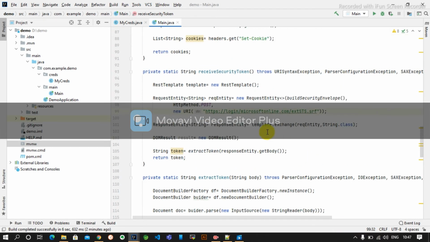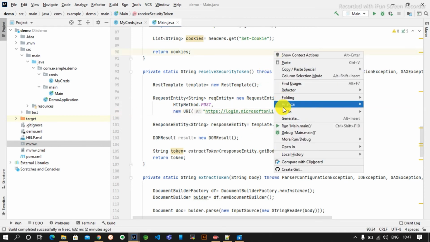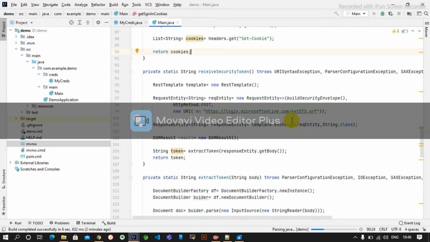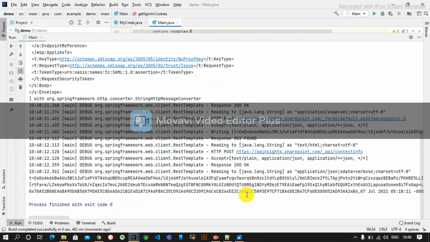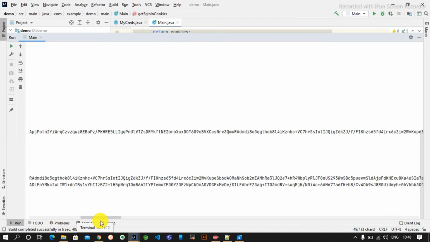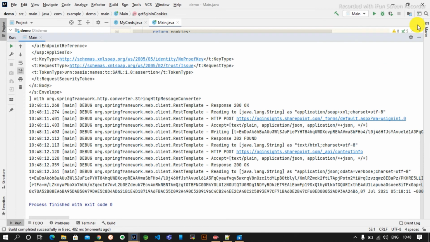So guys, you can see here we have done one mistake, that login slash login dot. Here you can use login dot. So now it will run successfully. It is printing the token. This is the actual token. Okay, RTFA is a cookie name, and another cookie also you can find here. Yeah, domain, the domain is something like, so there are 2-3 cookies you can find.